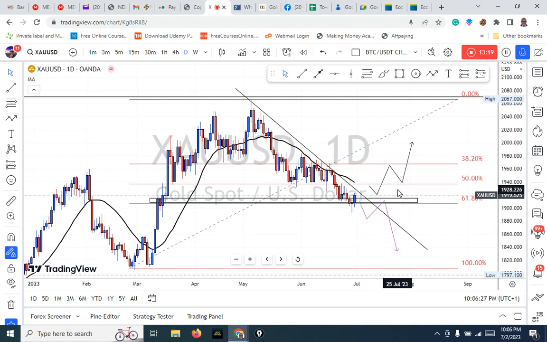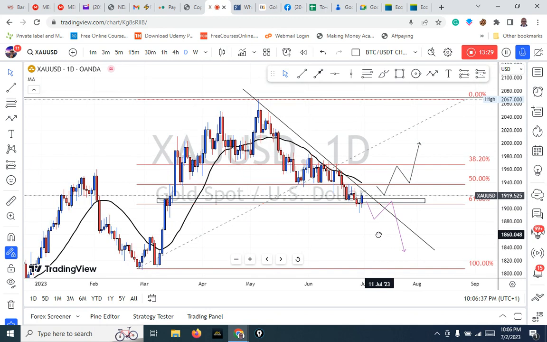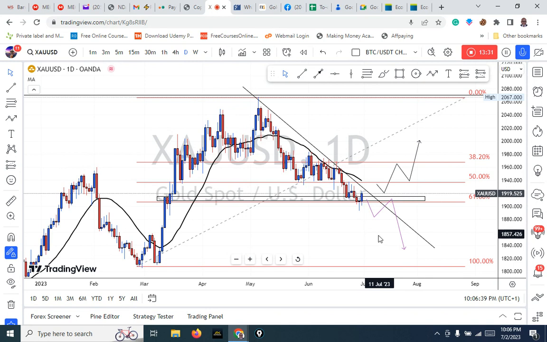I will only look for a buy opportunity if I see a clear structure break, okay? Then I'll look for an opportunity to go up. Otherwise, my directional bias in gold is to the downside, okay? And again, if you look at what is happening on the fundamental window,